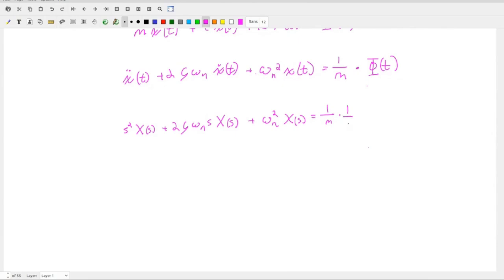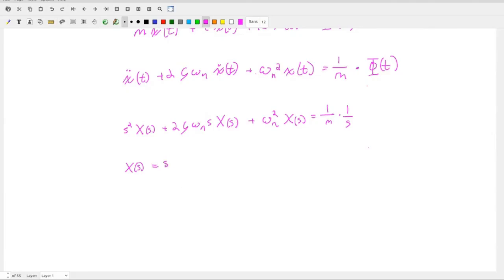1 over s. So it's the same as before. So our next step, once we're in the S space, what's our next step? Isolate X of s. Yeah, isolate x of s and solve for it. So we have an x of s in each term. We can go ahead and pull that out. X of s is equal to,